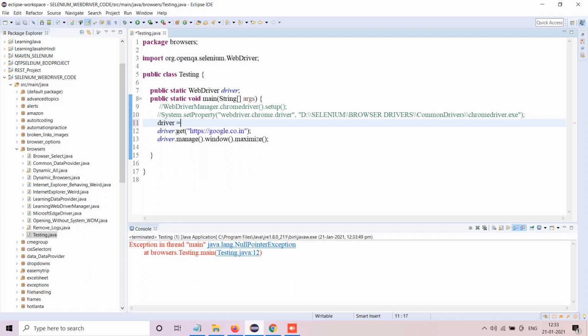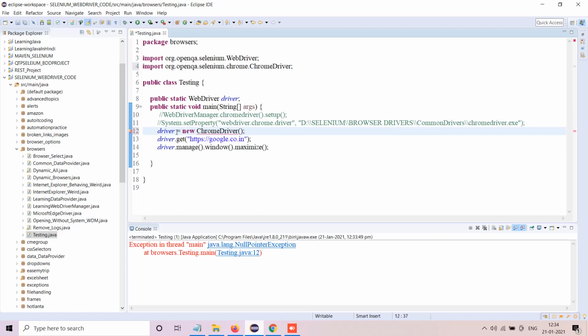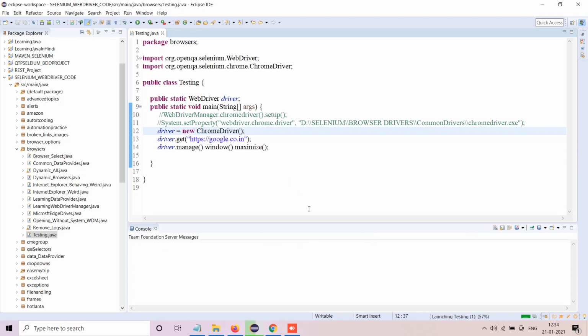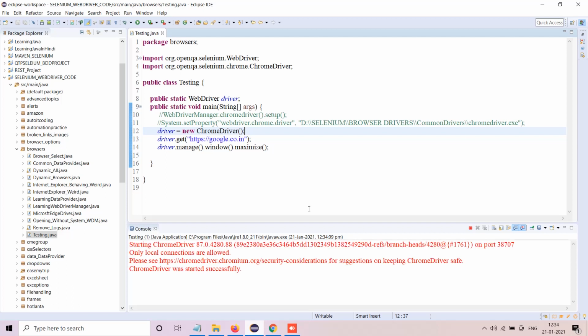I have not declared this, right? Sorry. Now let's run this. I forgot to create the object of the implementing class ChromeDriver. Okay, so now this will work absolutely fine.